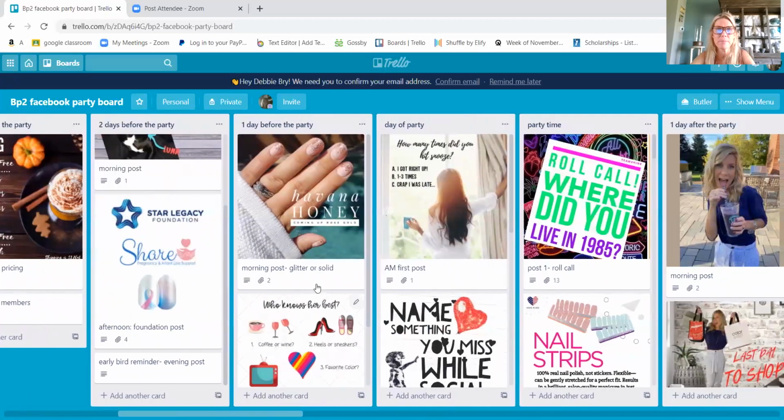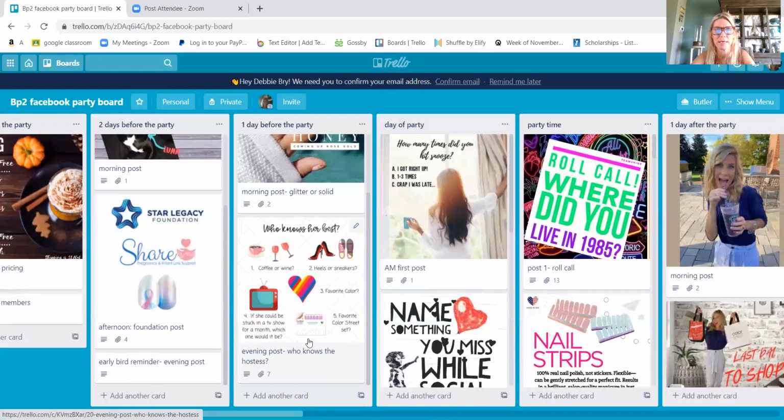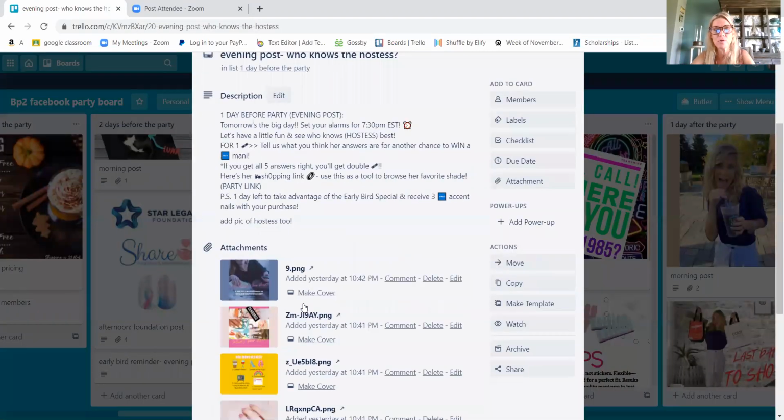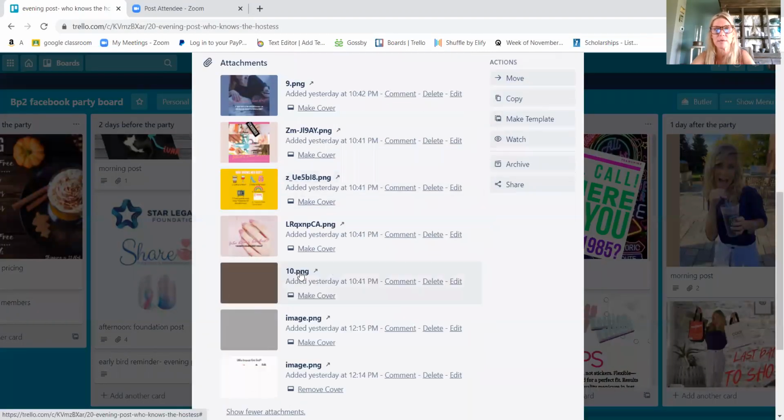Okay, one day before the party, I have a morning post and an evening post. And again, I give choices in here. Who knows the hostess? Well, here's all different choices. Maybe you're going to choose one of these different graphics. Maybe it's going to be,